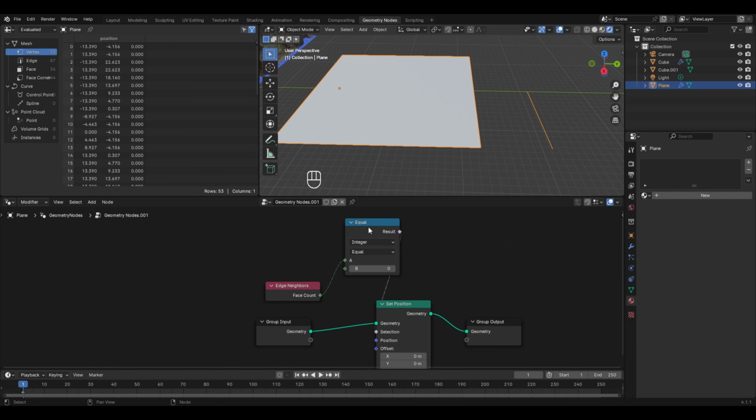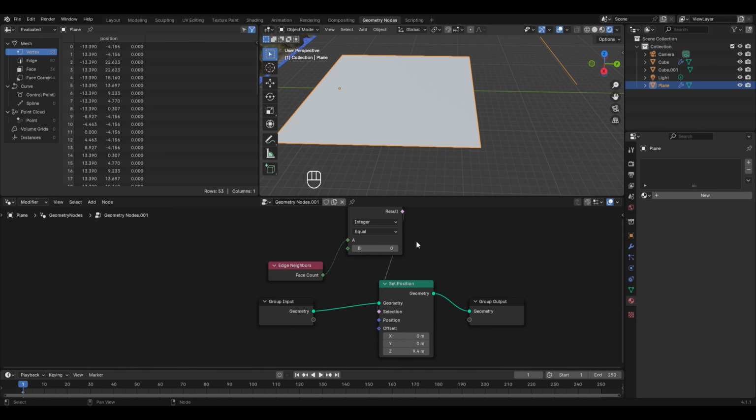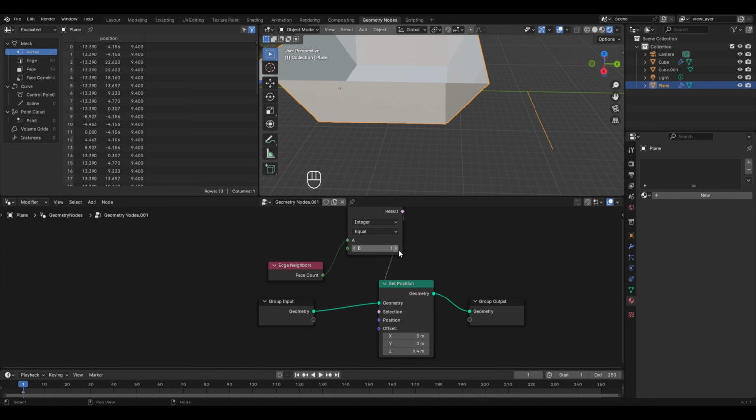Now what it will basically do is check which particular edge has a face count equal to the value of B, which is 0, and then whatever changes I do in the set position node will be applied to only those set of edges. Right now, since the value of B is 0, and as we already discussed that the duplicate edges that we created here are having a face count of 0, if I go to the offset and try to change it, then you will notice that only the position of these edges is changing, which are having a face count equal to 0. Similarly, if I increase the value of B to 1, then in this case the offset is